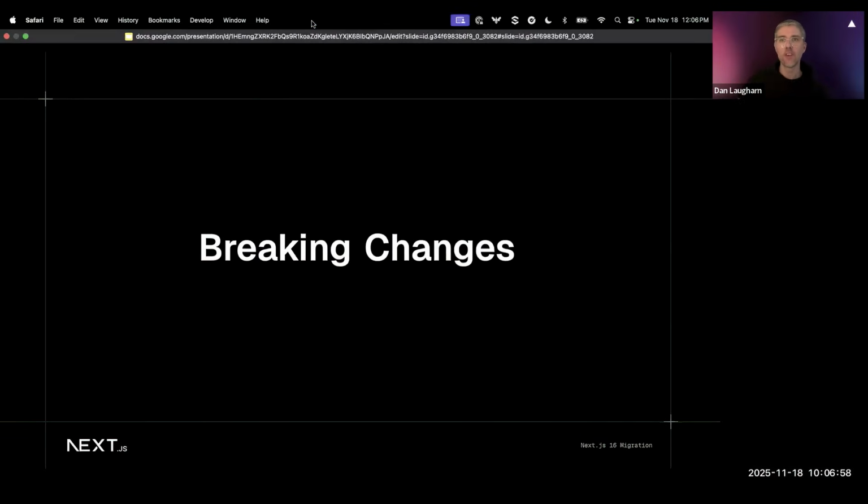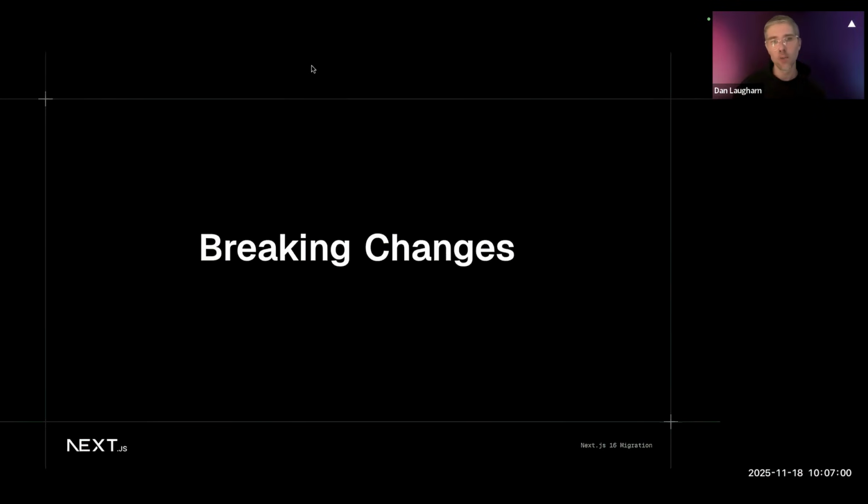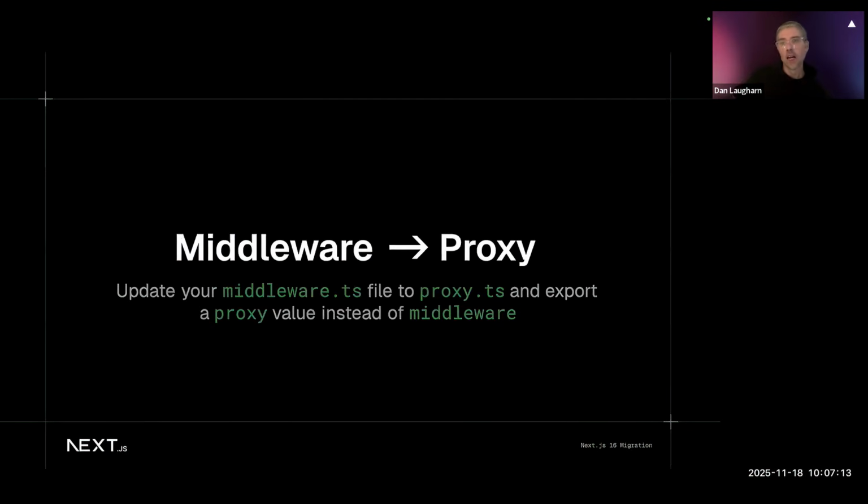So those are the features that we really wanted to highlight. There are a whole bunch more on the site, including the adapters API, which makes it even easier to build new features in Next.js in ecosystems outside of Vercel. As far as breaking changes go, the biggest one, the one that will probably affect the most people, is